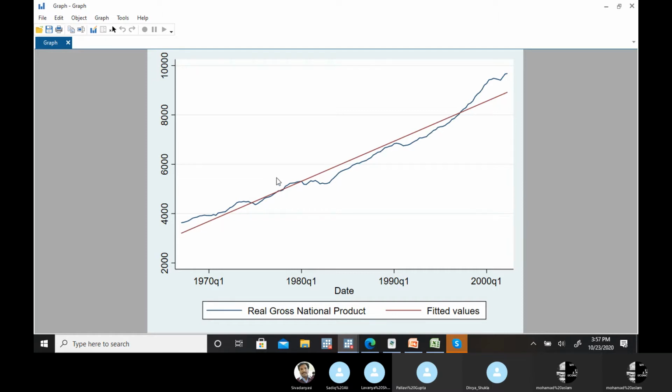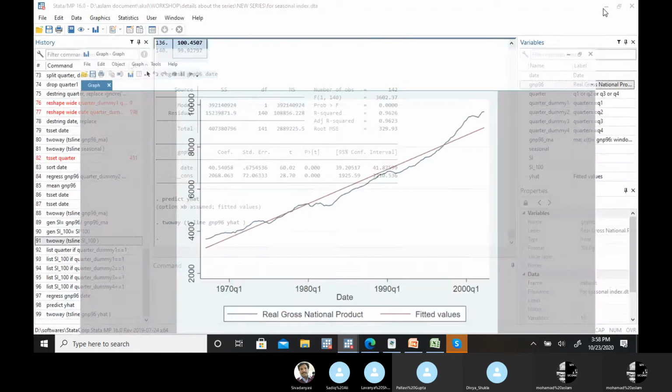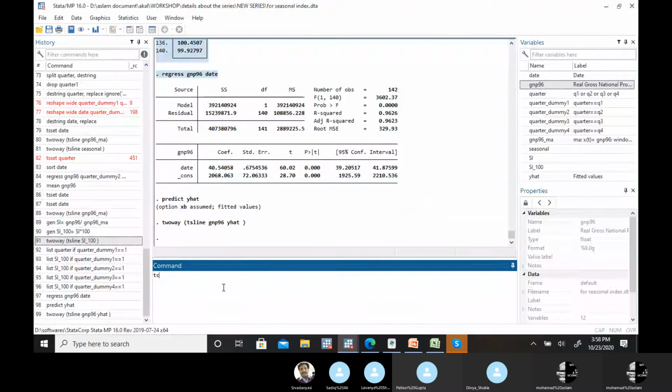So what we need is a cyclical irregular component out of this particular actual data. The next thing, now that we have the trend, is that we are going to divide TCSI by the seasonal and trend components T and S, and then the remaining part is the cyclical irregular fluctuations.